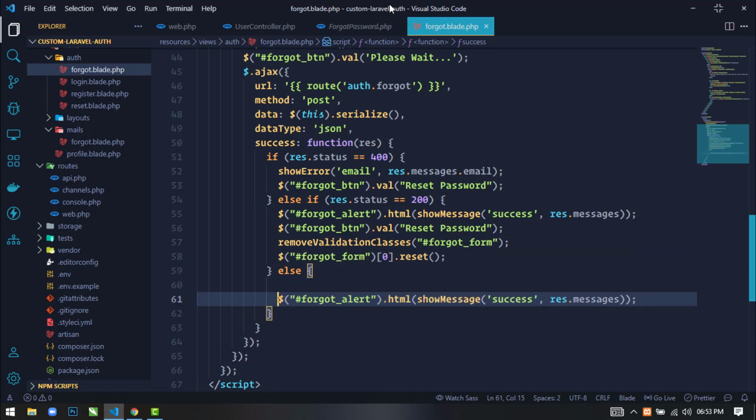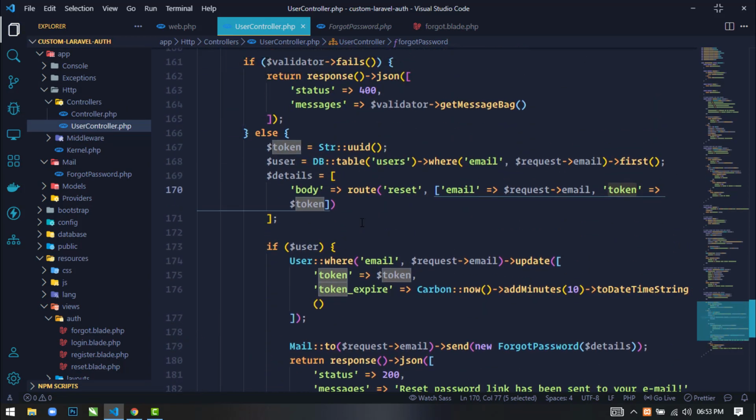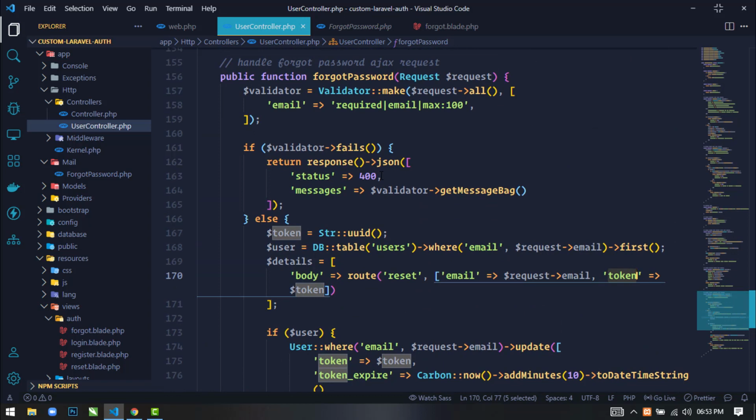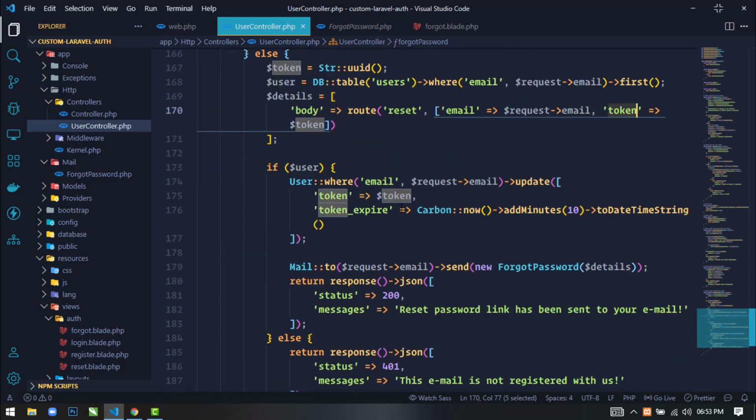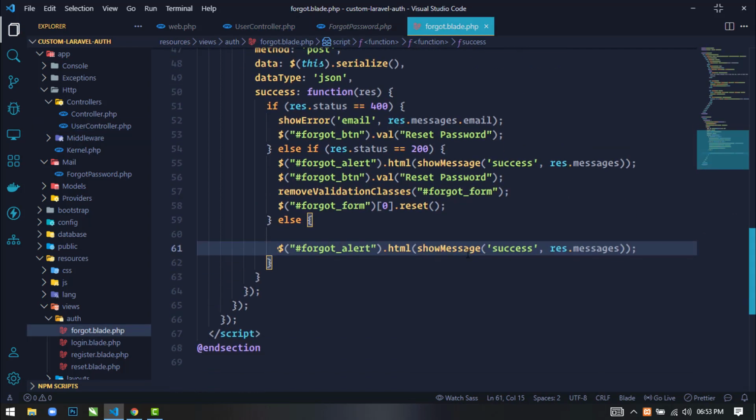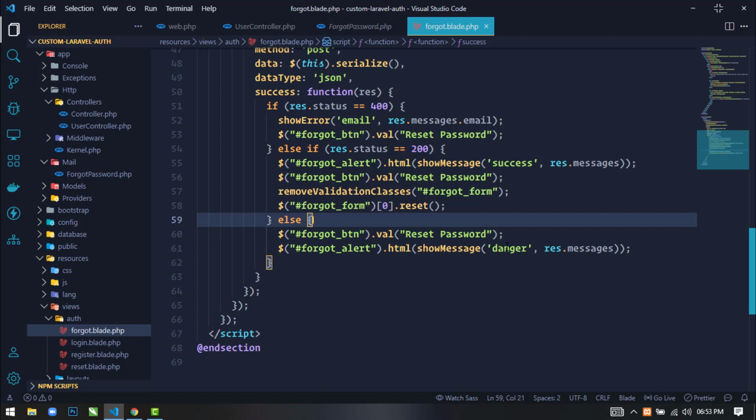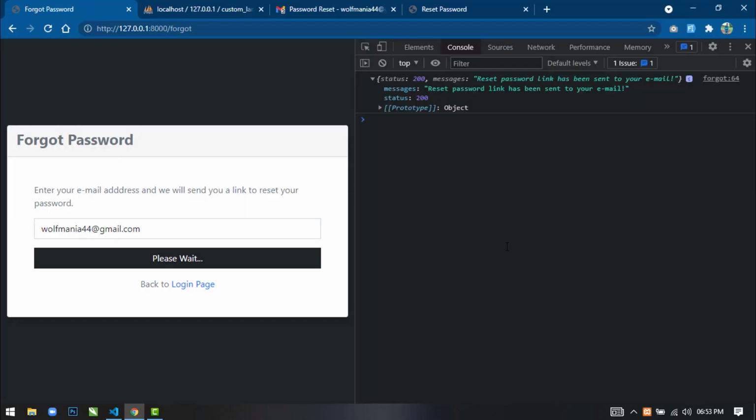Now if we go to the UserController.php file, here we have handled this 400 status and also this 200 status, but this 401 status is not handled, so we will handle this. So just go to the forgot.blade.php file. Here I will display a danger alert, then just duplicate this one and paste here. Okay, everything is fine. Now if we come here and refresh,